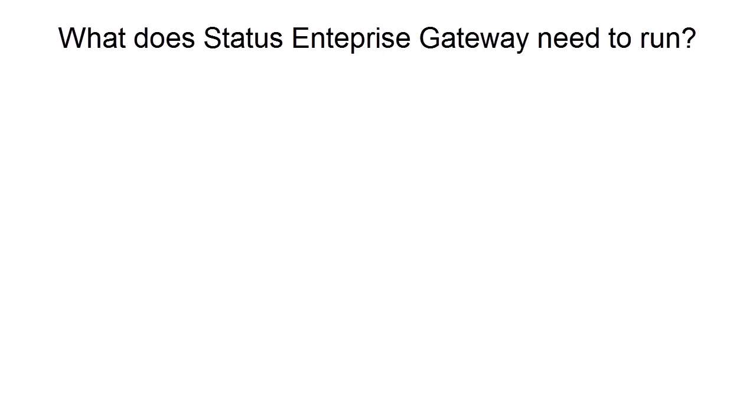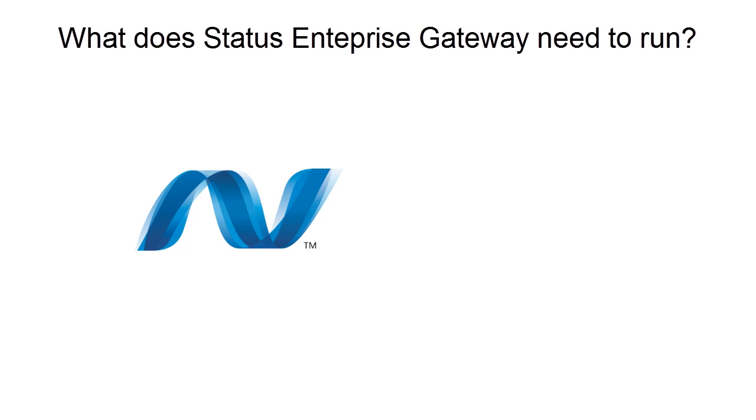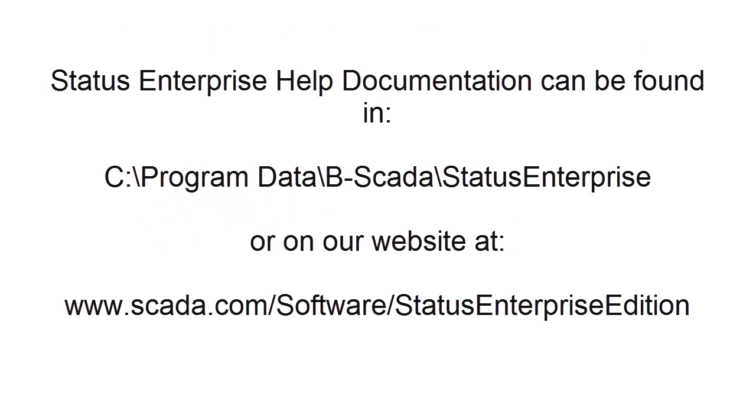Before we begin, let's go over the prerequisites. The gateway requires both the .NET 4 standalone installation and IIS 6 or higher. For more information about installing IIS, please refer to the Status Enterprise Documentation, Section 8. This can be found in